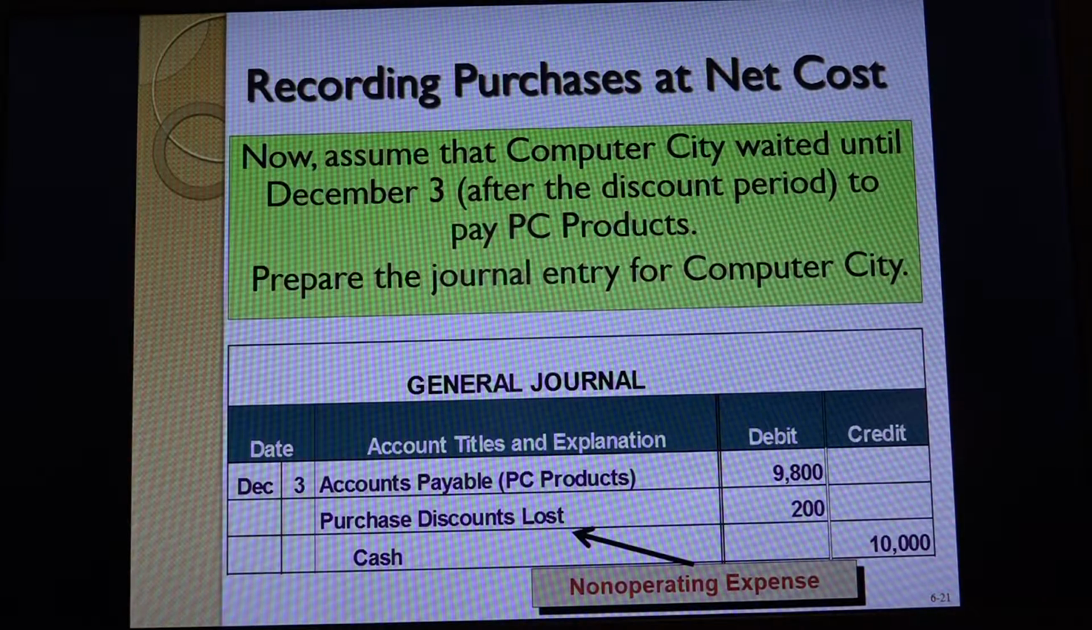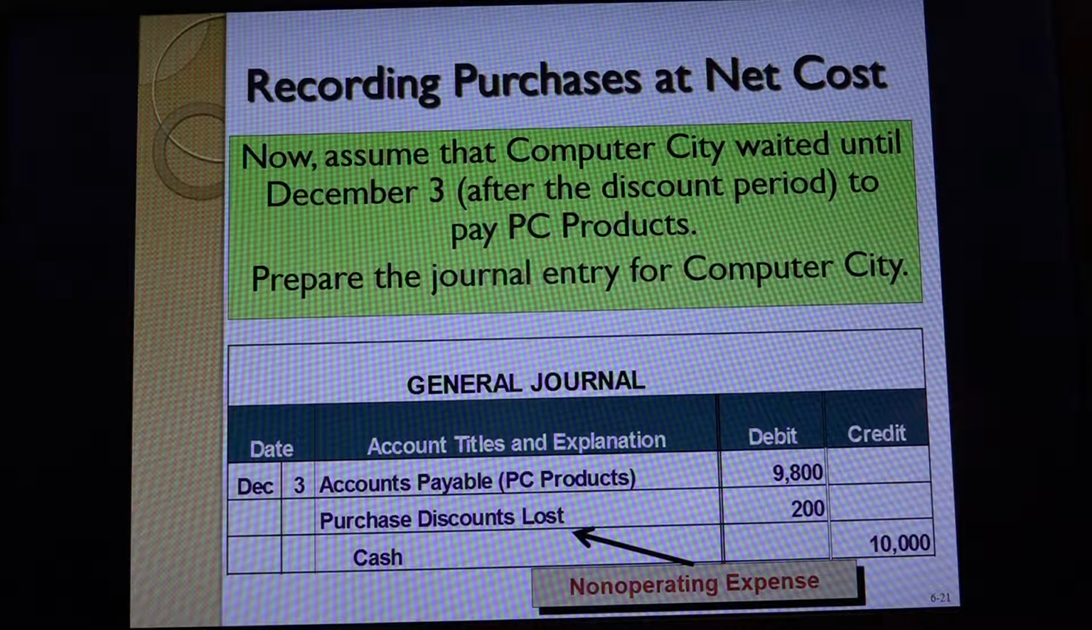Now compare that with, let's see what they're doing here. Oh, okay. Here, what they did was they waited too long. They waited past the 10 days. And so, since they recorded it at net cost, what they're going to have to do is create, I guess this would be, purchase discounts lost is the account I'm talking about. It's a non-operating expense, so it's going to be another expense account called purchase discounts lost, and they're going to